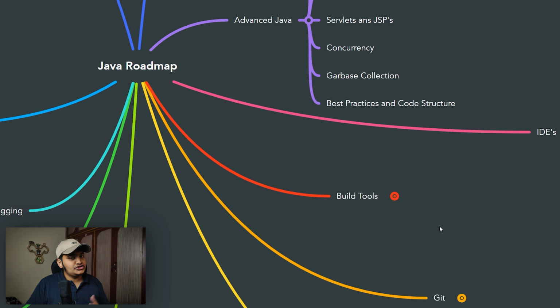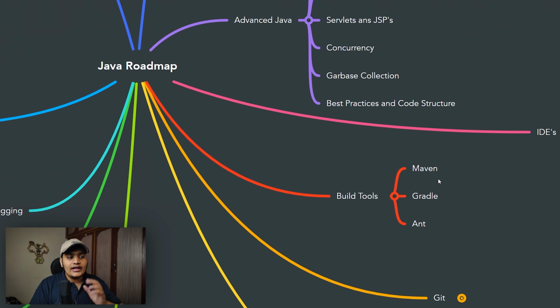Now all your Java code should be built. So for building your Java projects, you should be aware of the different build tools available. There are a lot of build tools you can use to build your project, namely Maven, Gradle, and there are a lot more as well. But I'm only aware of these three, and out of that Maven is the most used build tool, and it is easy to get started as well. For the other two there is a little bit of a learning curve, but in most places you will get to work on Maven.